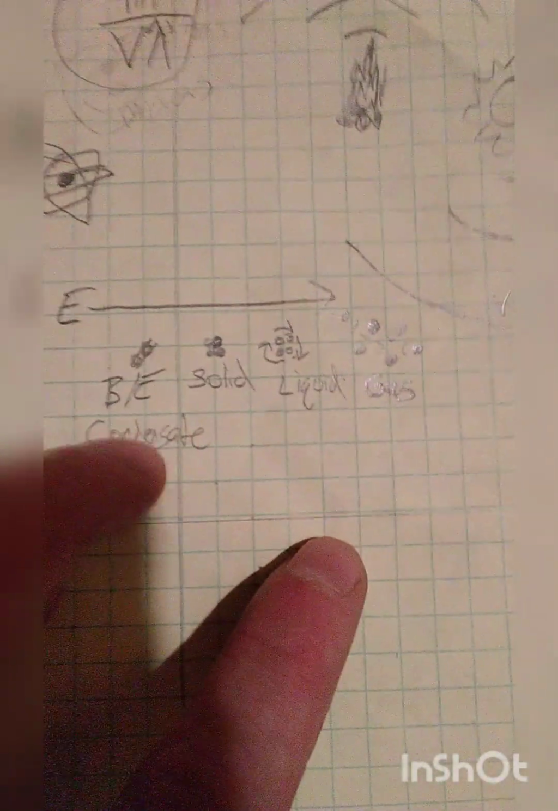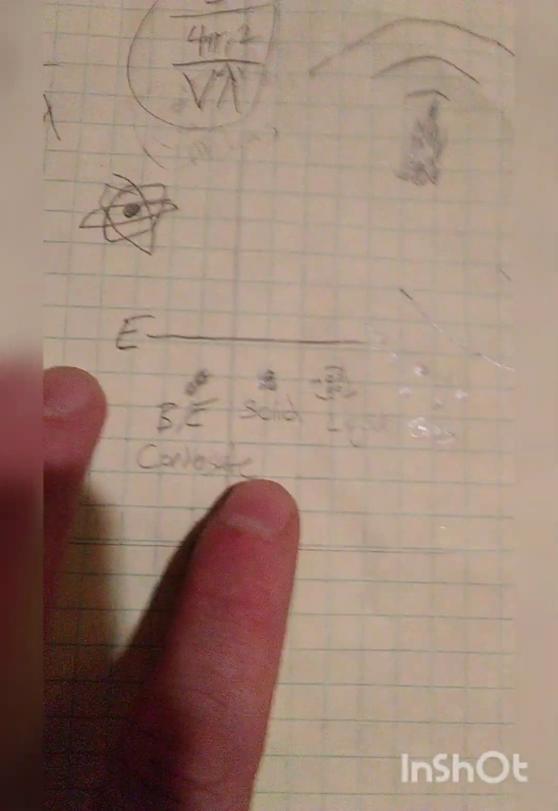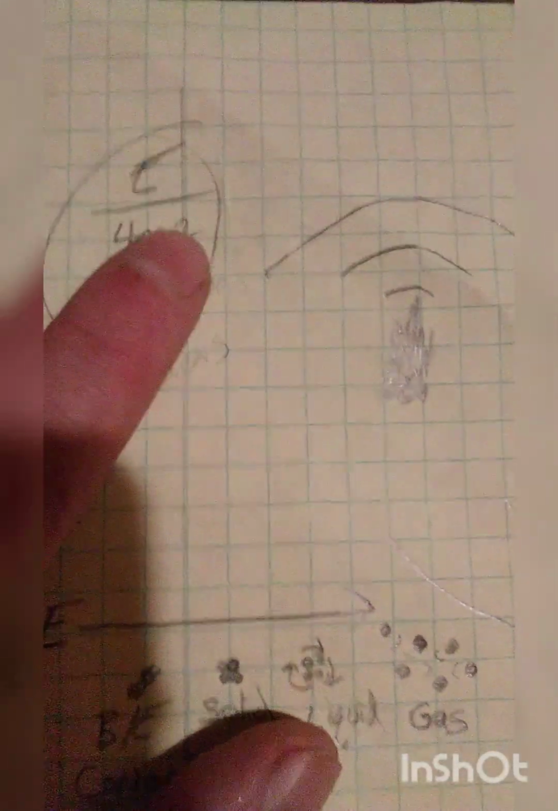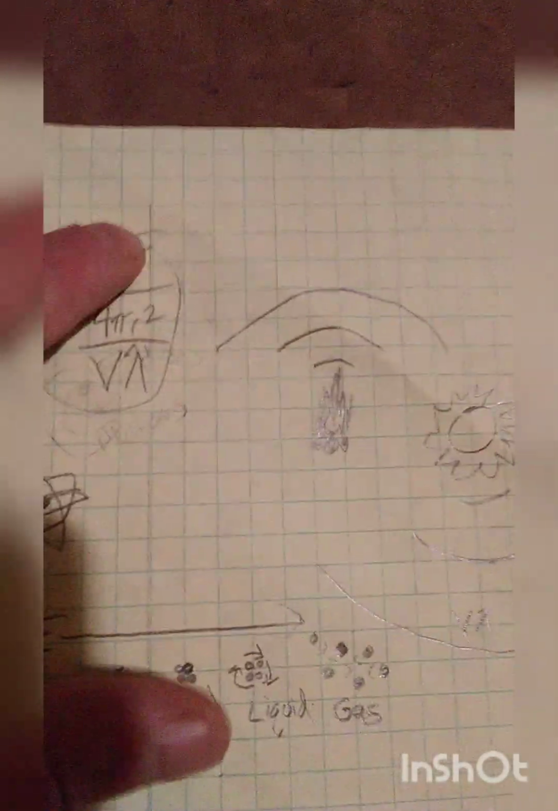Lastly, you get energy expanding states, right? Go from Bose-Einstein condensate, solid, liquid, gas. That's from energy expanding space. And so we put the distance 4 pi r squared over volume by wavelength with, so it's E